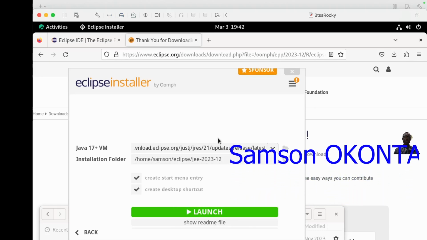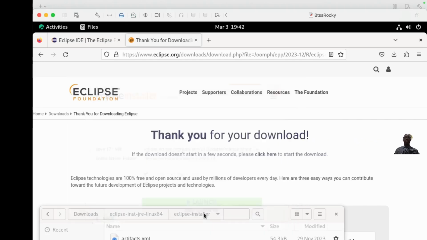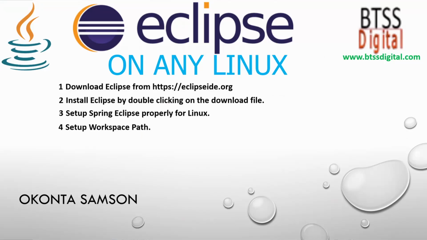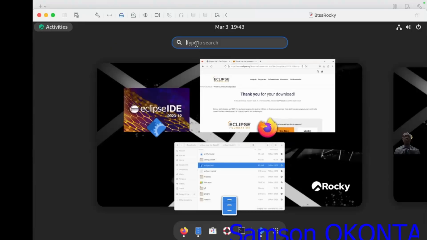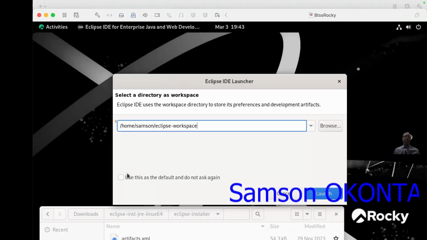The installation is completed. Let's launch it. In the case of Eclipse, we don't need to take it to bin or set up the desktop entry. It's already done by the installation process. That's why I can see it here, because those processes brought it here. As usual, it brings us to here,